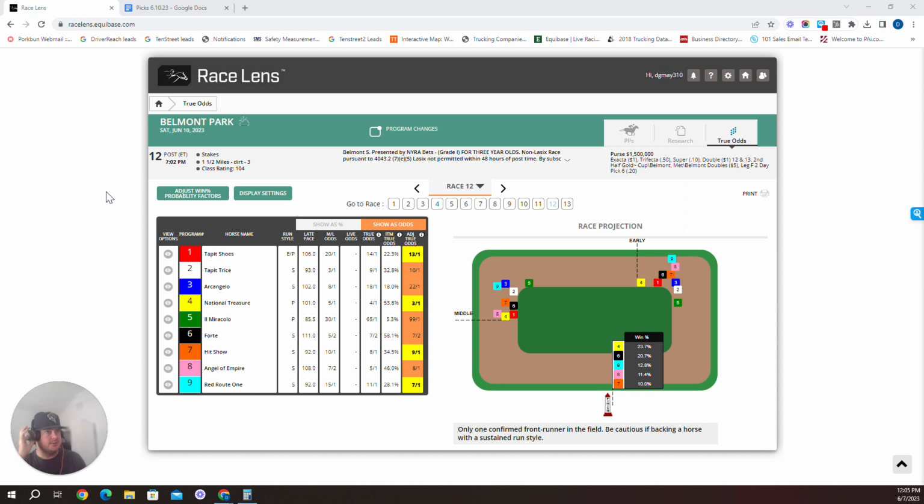In the Belmont Stakes, race 12, Saturday, the big one. 9-horse field. I said I was going to give 4. I used 5 in my exacta or my exotics. Pick 6, pick 5, pick 4. I'm just going to give you the 5 in my reaction video of the post draw of the field for